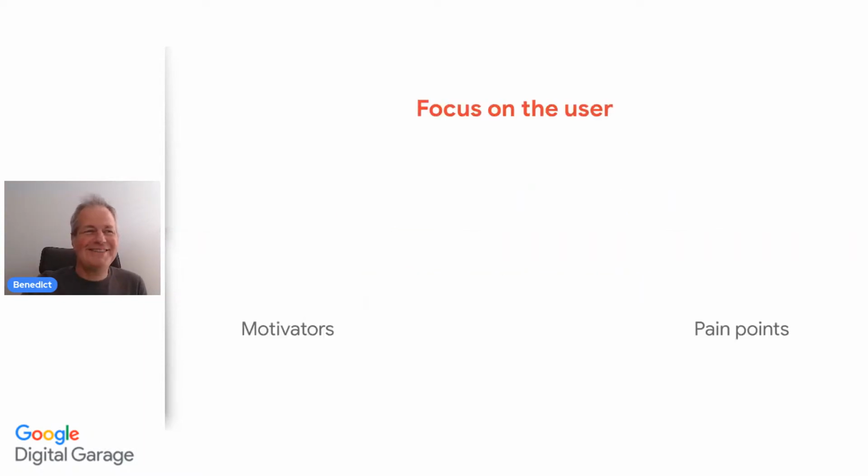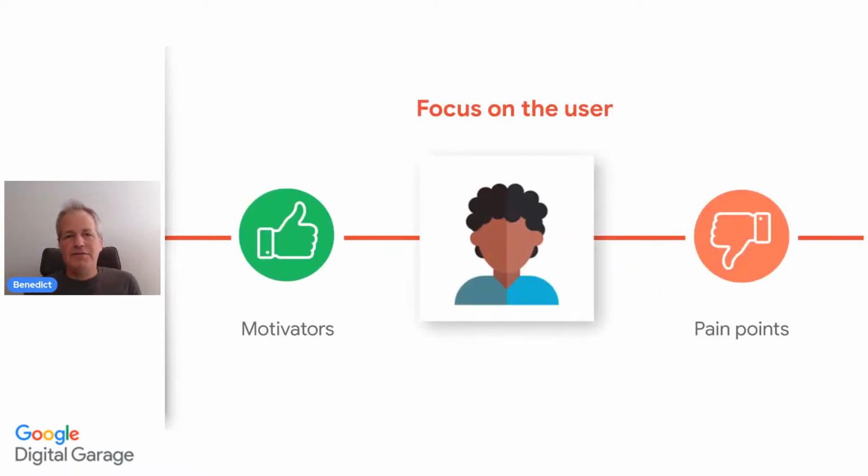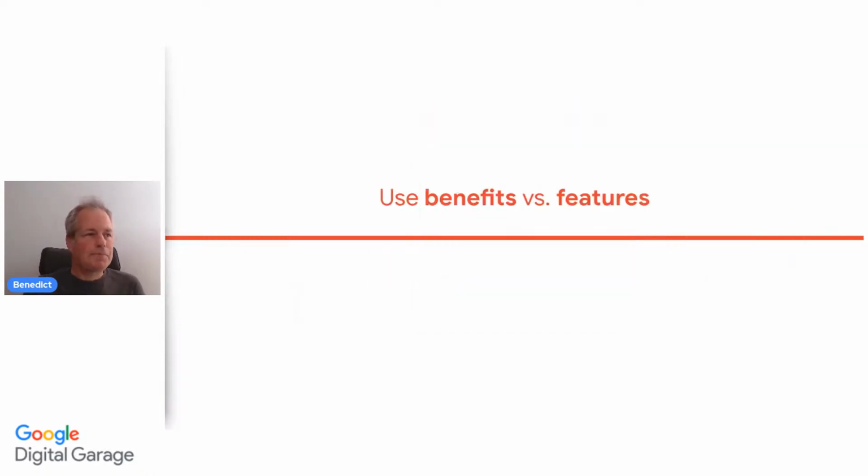So, focus on the user. Are they looking for something to bust their boredom, which often is the case? Do they want something to entertain them? Do they want to learn something new? Do they want to win something? There are motivators. So focus on the user. It really does mean empathizing about what people are interested in, what they need. Okay, so that particularly.